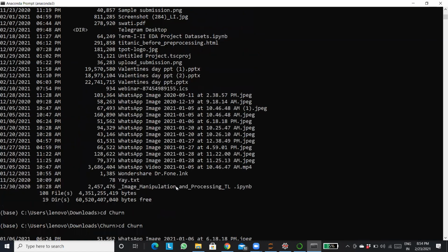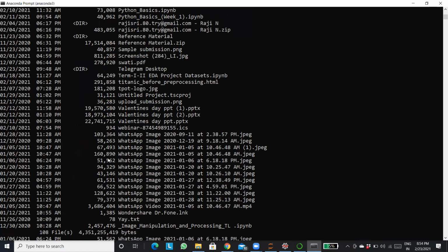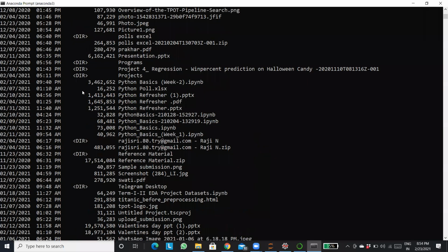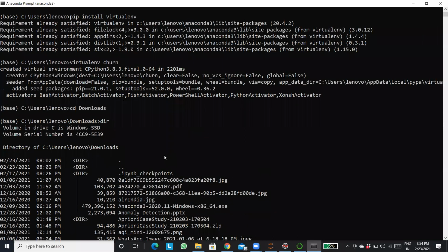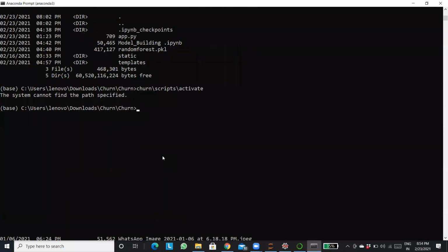What was my environment name? It was cd downloads churn. No, it's small c. It should be this one. Churn scripts and activate. Yeah, I'm in the correct path.